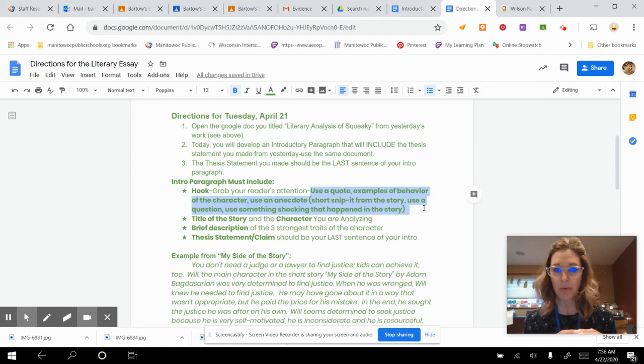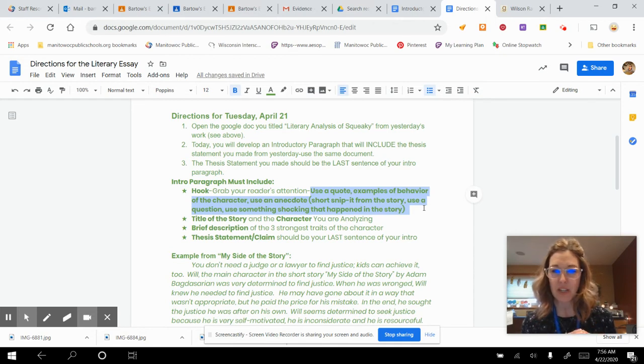You can use a quote from the story. You could use examples of behavior that the character does in the story. You could use a short snippet or an anecdote from the story. You could use a question. I would try to stay away from that one only because we've done that before with the research essay.